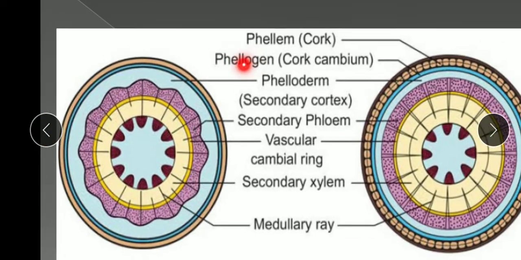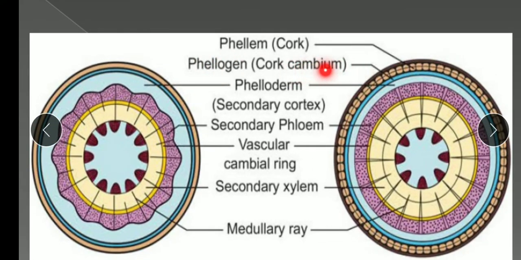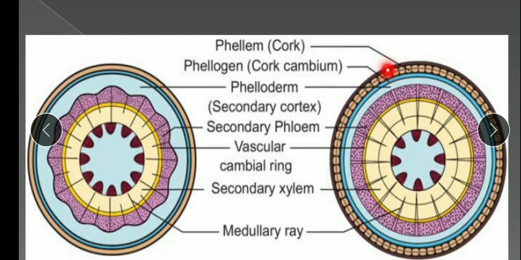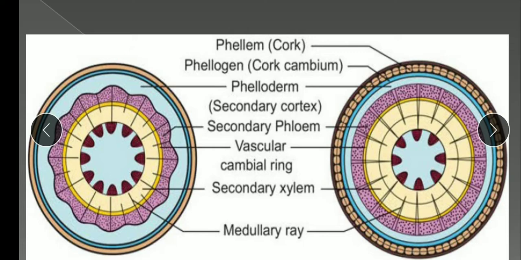So now in this phellogen tissue there will be continuous division in the cork cambium, and that division is in the tangential plane, so it will add some cells exterior also and some cells interior also. So let us see further what are the changes taking place. So the daughter cells which are added outside, so you see this is the cork cambium or the phellogen. Its cells undergo division and add some cells externally.